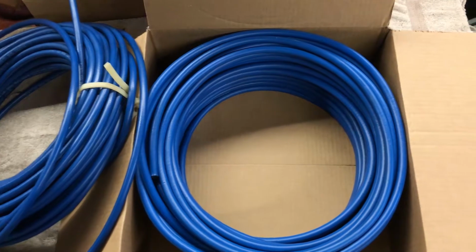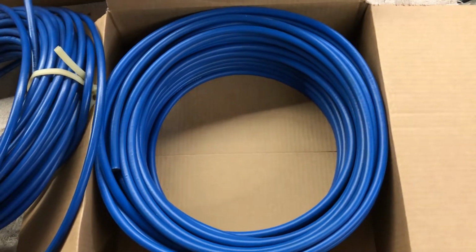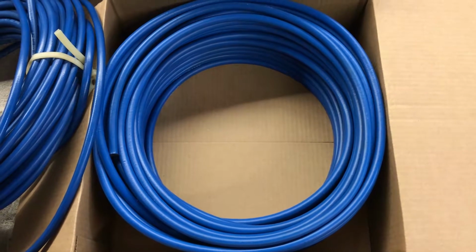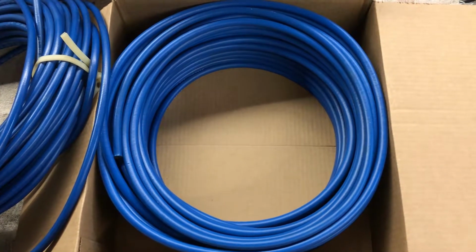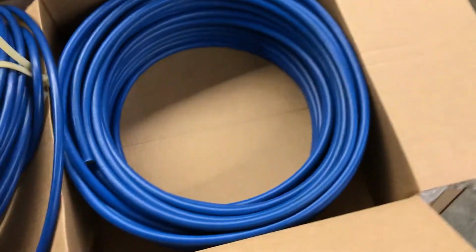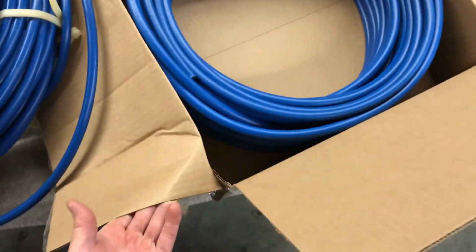Okay, so there you go. No hose crimps, he's going to do it himself. He's got a handful at least at his shop, no problem. All I'm doing is cutting the hose, boxing it, and his wife, I think it's his wife, Sally,